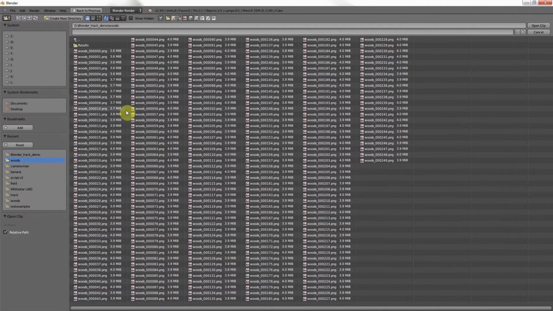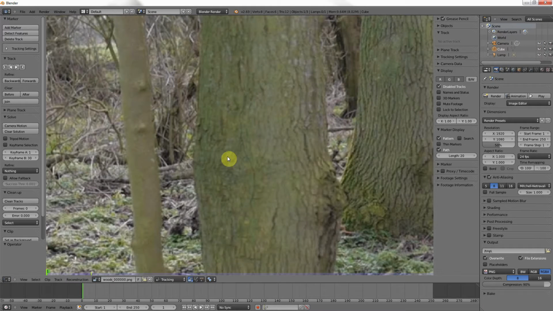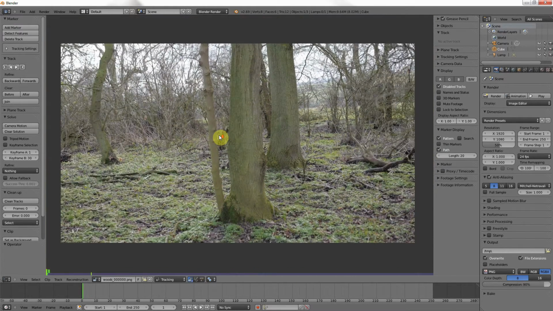I'm so going to regret this particular shot, but hopefully it will work out by the time I finish recording this. So I've created an image sequence for it. You can work with movie clips as well in Blender. I just prefer image sequences if you're going to edit it or anything like that. So let's scroll out a bit. It's a scene of some woods,